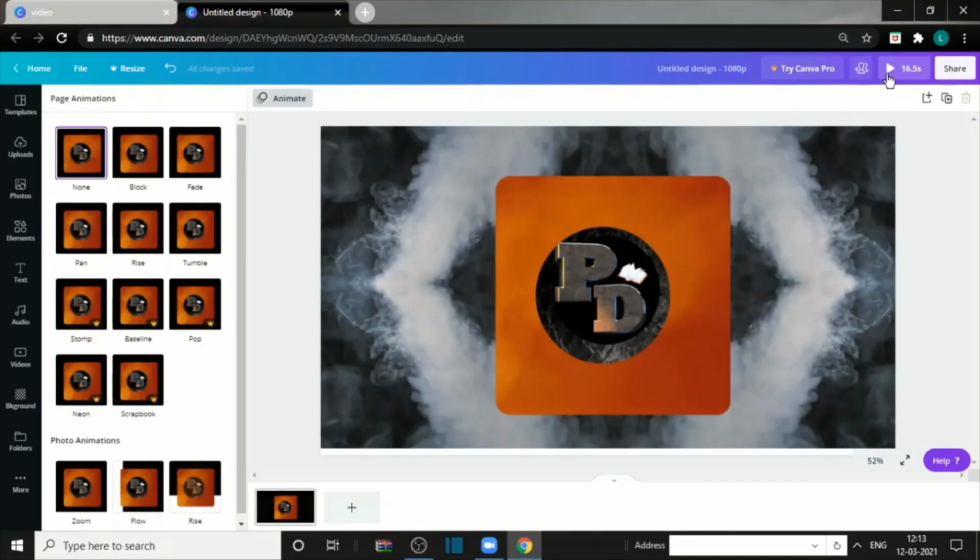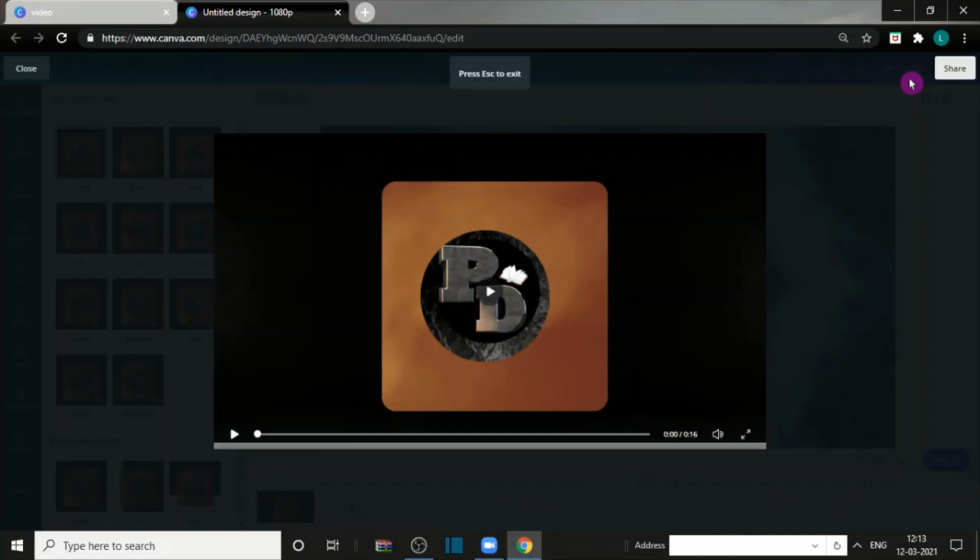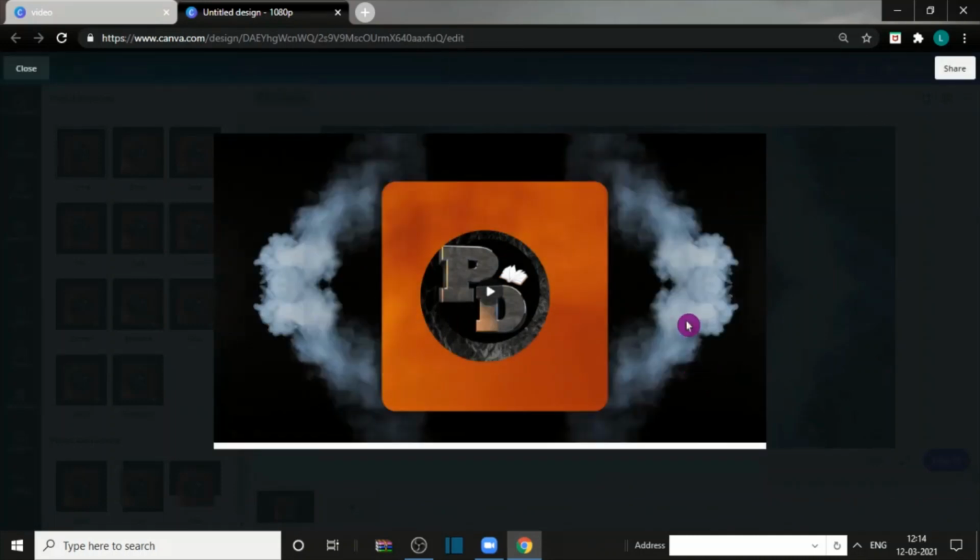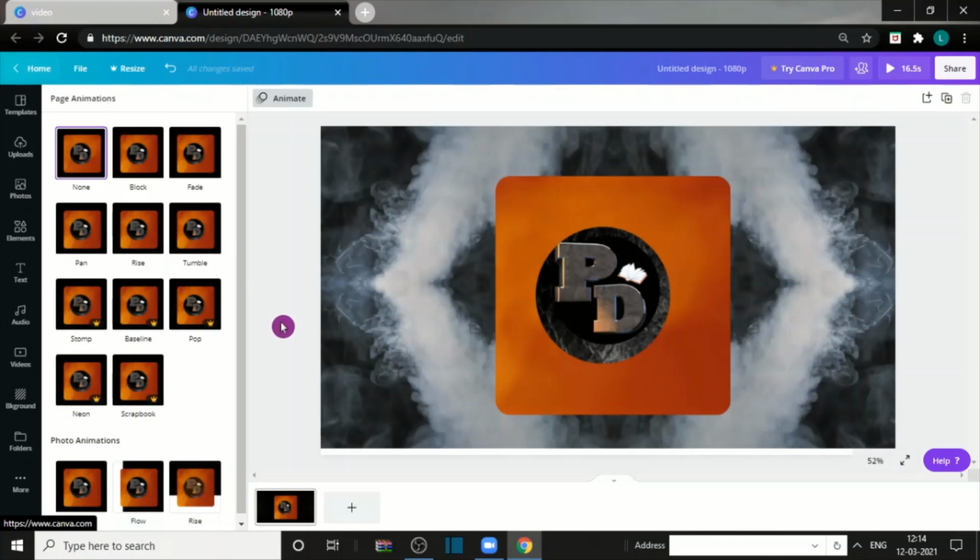Now go to the preview section and click on it and see if the things have shaped up properly. Once you have clicked on the preview section, you can see the final intro and then close it and do the required changes. So this is the way you do all the intro and the double intro process.